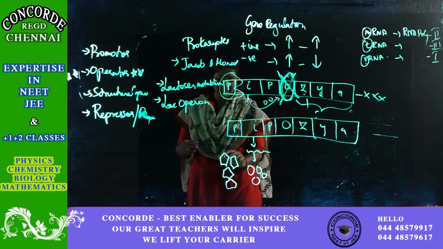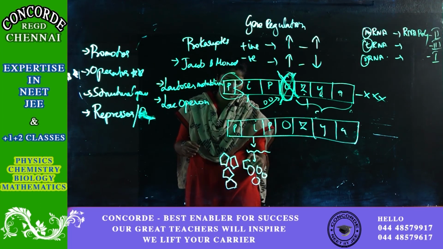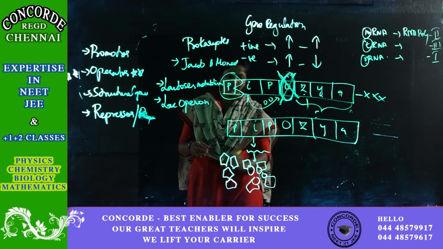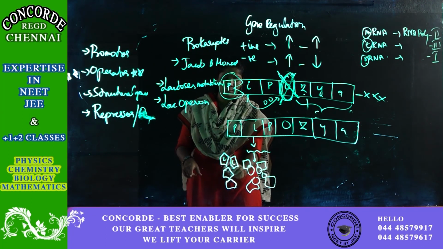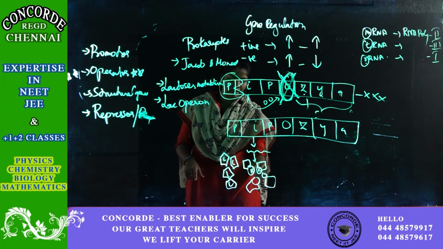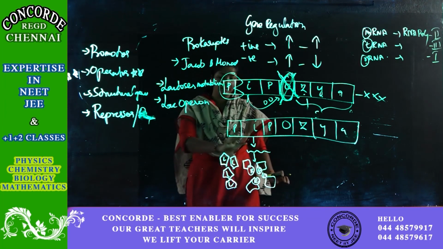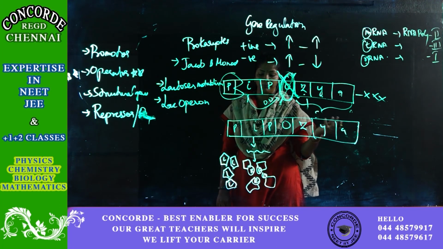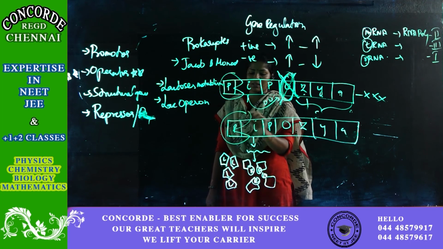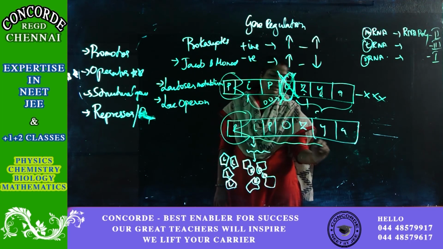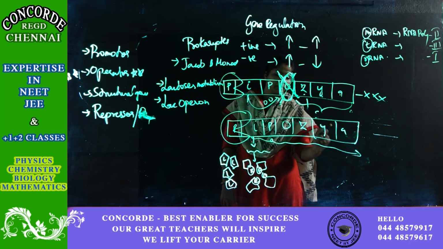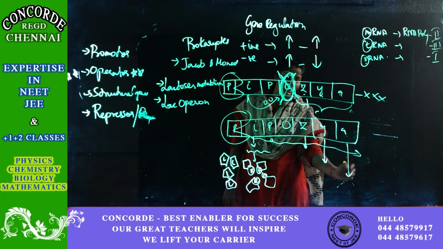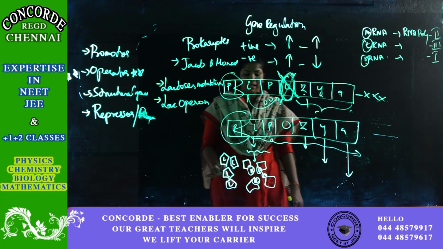These lactose molecules will go and bind with the repressor. So lactose molecules bind with the repressor. So when lactose and repressor get bound, the operator region is free. So now what happens? The polymerase will come in and it will happily transcribe my structural genes. That is nothing but Z, Y and A. Clear? So I'll repeat again.